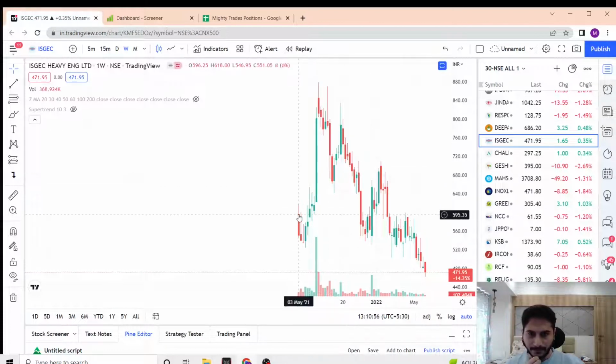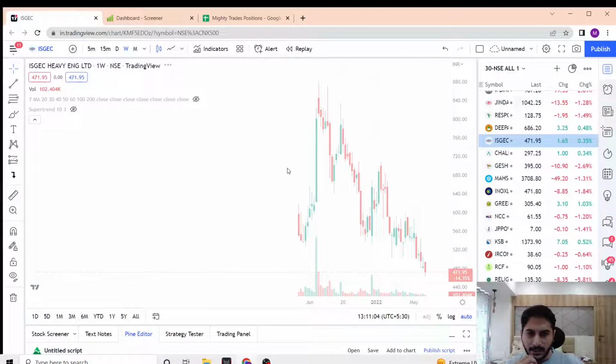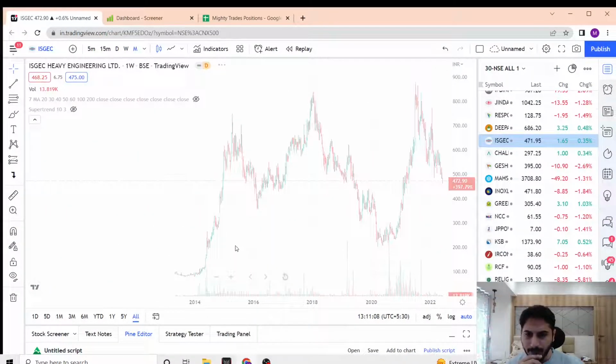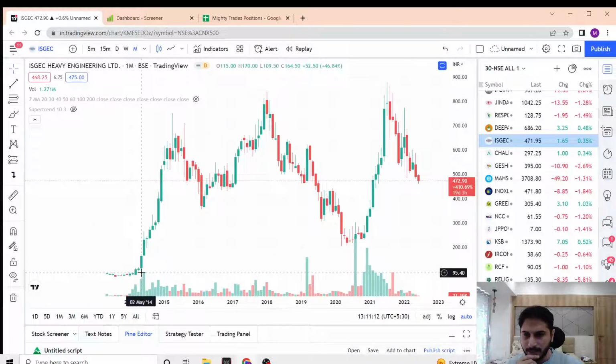Alright, so the stock got listed on NSE on May 21st, but it's been listed for a much longer time on BSE. So let's go and take a look at a much larger picture of the stock. Let's switch over to a monthly chart very quickly, and we can clearly see here that ISGEC had a great